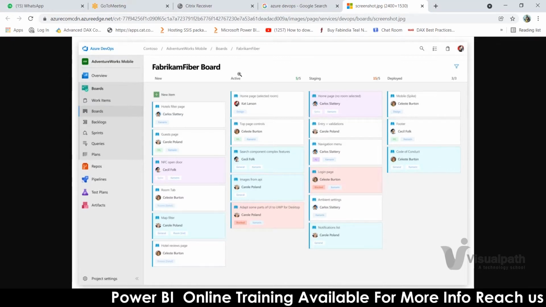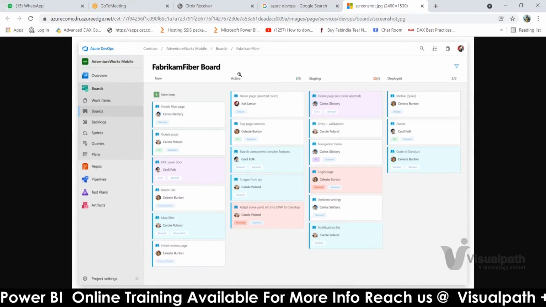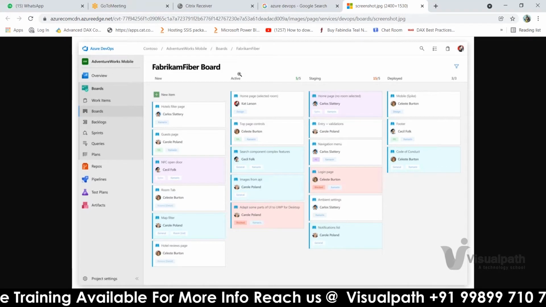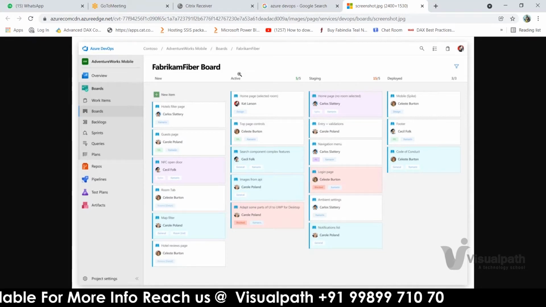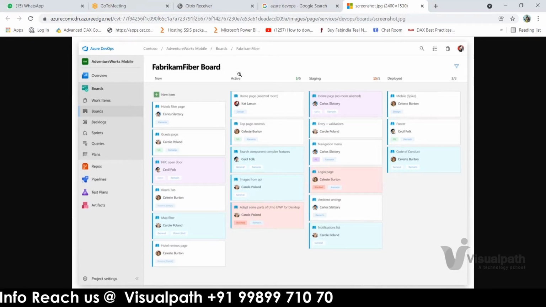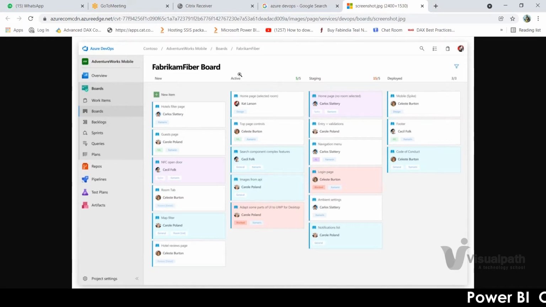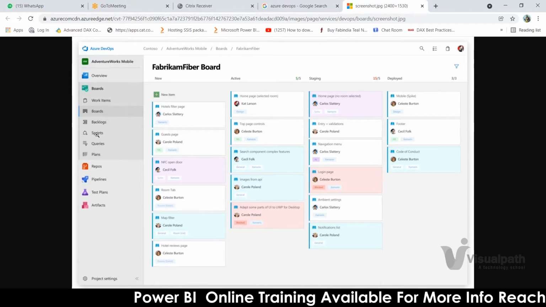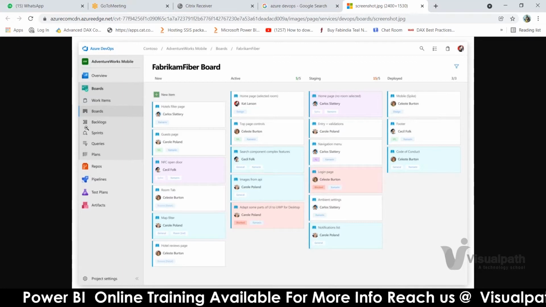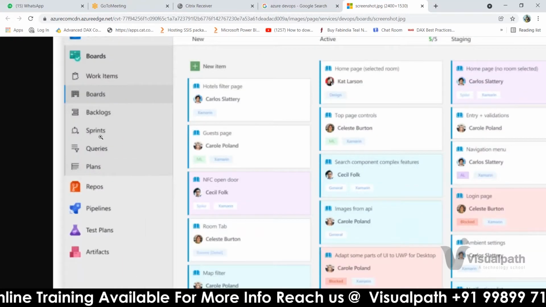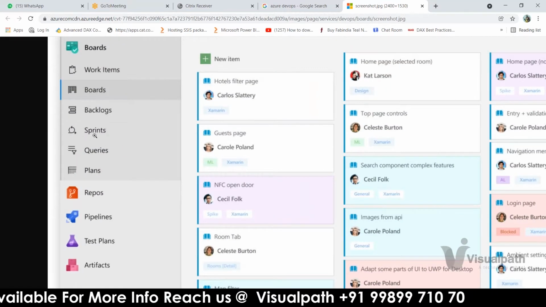Right now organizations don't follow the waterfall model. The majority of organizations follow agile methodology. So what we will have in agile methodology, how the development happens, how continuous integration happens, we'll see all those things now. The first one is that in agile methodology we will have sprints. Can you see here, sprints? So we will be having sprints.